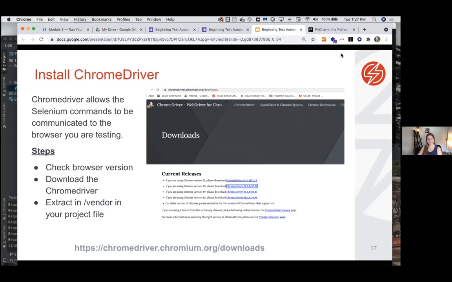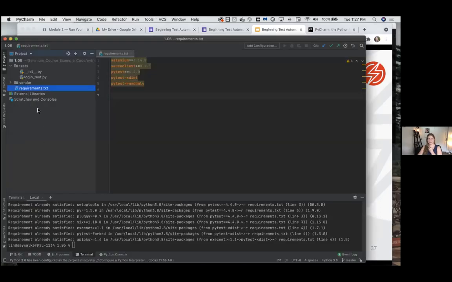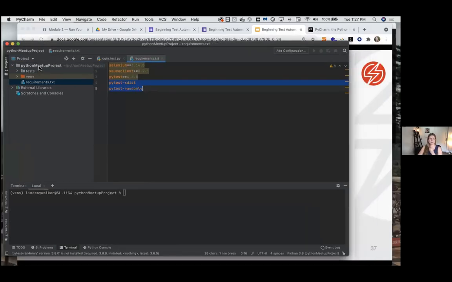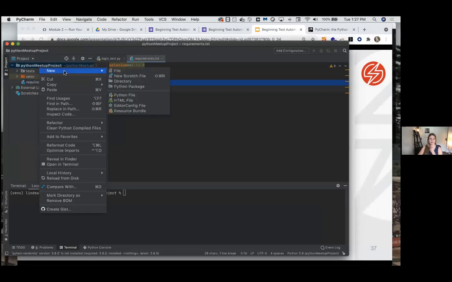I'm tempted to do a pause right now to make sure everyone gets their project set up. I'll put the Chrome driver in, and then we'll all get together to get the project set up. So our project is going to require 3 things: a test directory, the requirements file, and we also need a driver. The driver allows us to communicate with our browser. So the next thing I'm going to add in